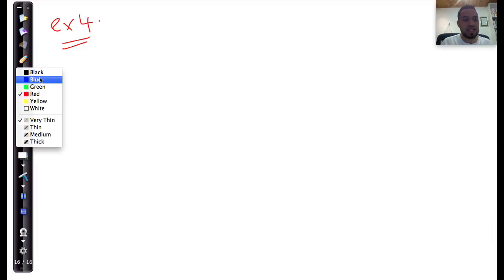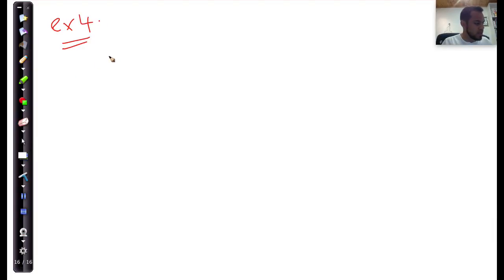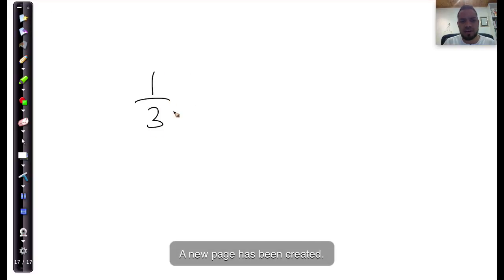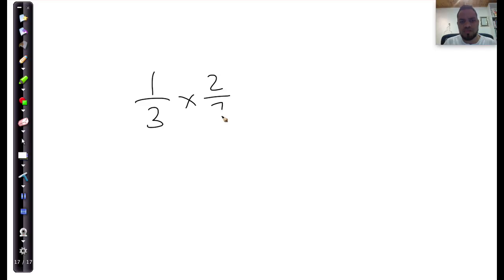Multiplying binomials. So let's look at what binomial we're going to be multiplying now. I'm going to give you something that involves a little bit of fractions, and remember, this is nothing complicated. The coefficients, in other words the numbers before the letters, you multiply exactly the same as you multiply whole numbers, and in this case you're just going to be multiplying a fraction with a fraction. So if I gave you something like a third multiplied by 2 over 7,